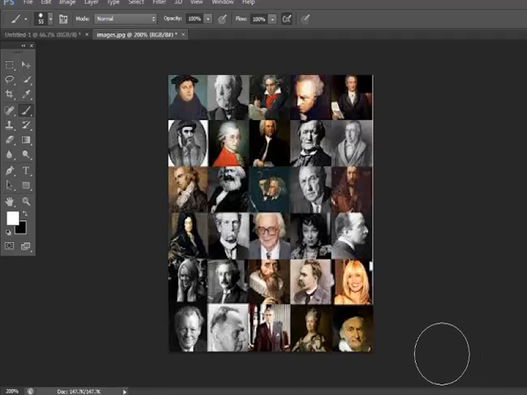I'm creating this tutorial because I want to help people who want to learn about Photoshop and its basic usage, because you can't learn the advanced things in Photoshop if you don't know the basic usage of the tools here.